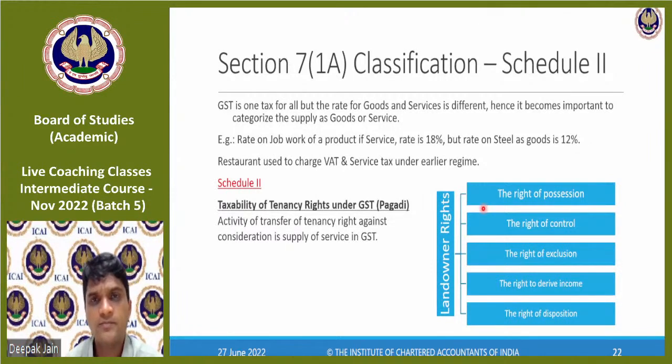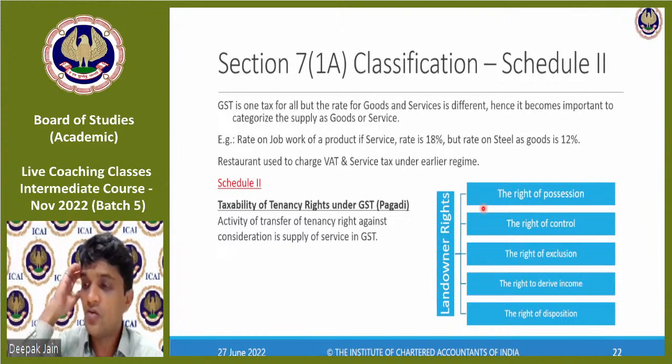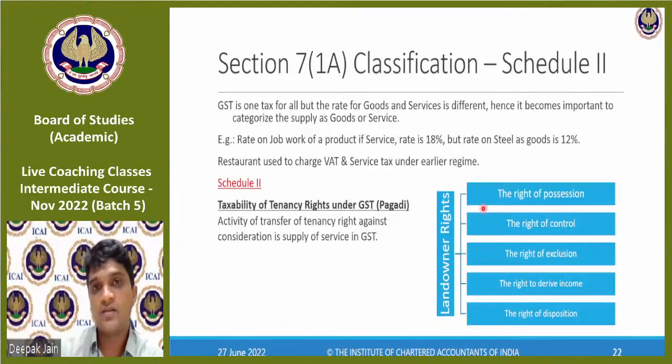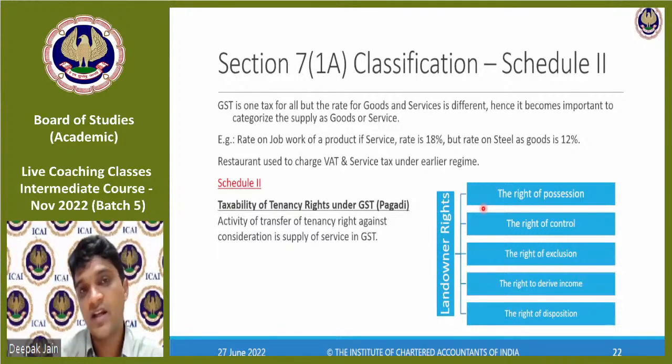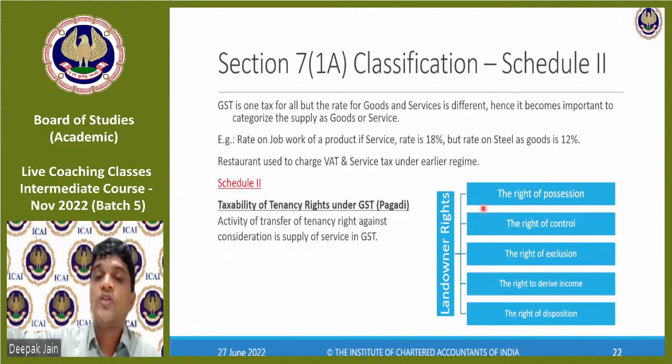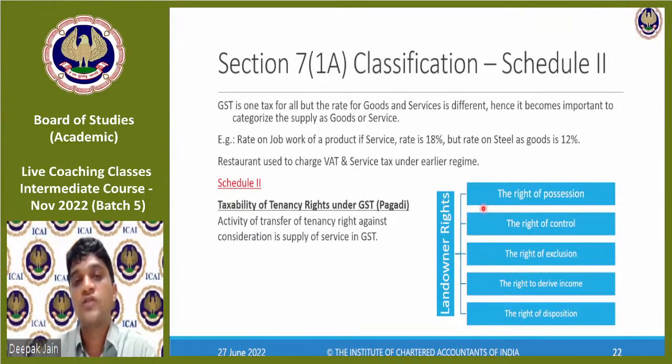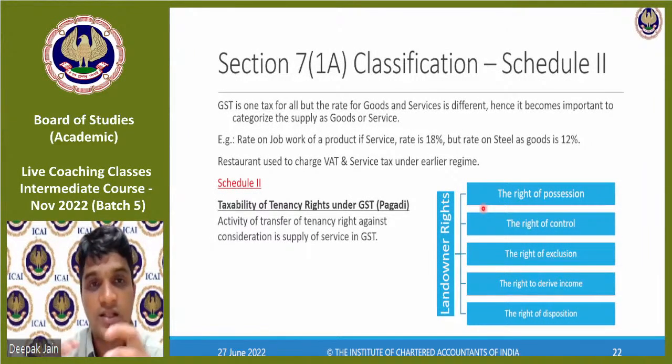If I am a tenant, I can say that I have the right of possession of this property. Now, if I have to own this, I can give this one right of possession to somebody and control the other rights. This generally happens in North India, wherein I don't want to get into the property menace. I say, okay, I'll give you a right of possession. You take this right of possession, you give it to anybody, but you can't sell it. You can only rent it off to somebody else, but I will hold the other rights.